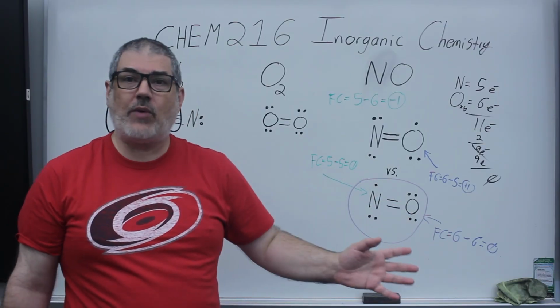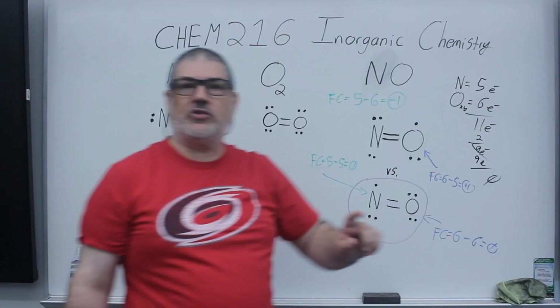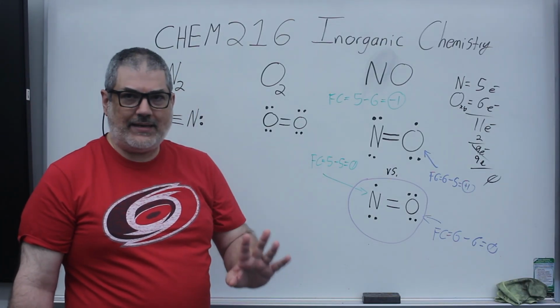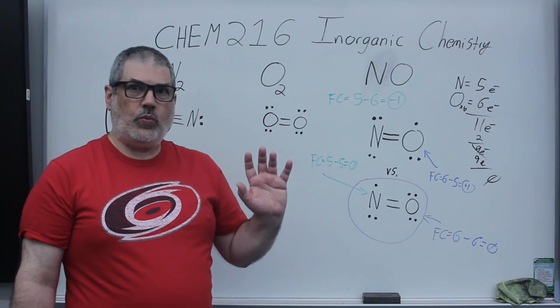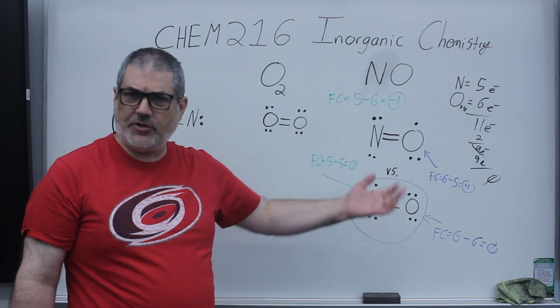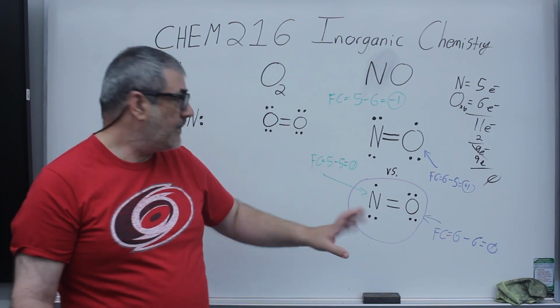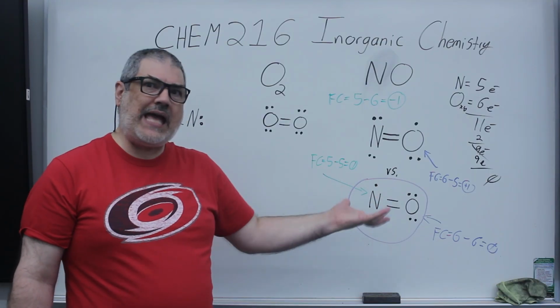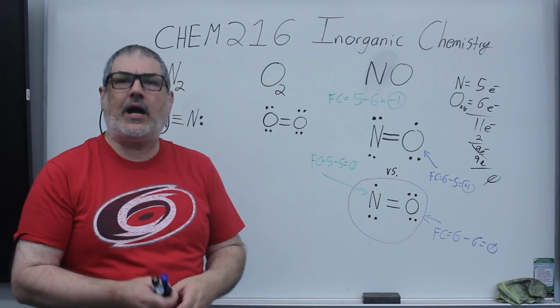And there's no way to get around it because we have 11 electrons. We have an odd number of electrons. What this is telling you right now is theory is seeming to hit a brick wall. In other words, Lewis dot theory specifically. We have this molecule that exists, and we can't quite fit it into the octet rule